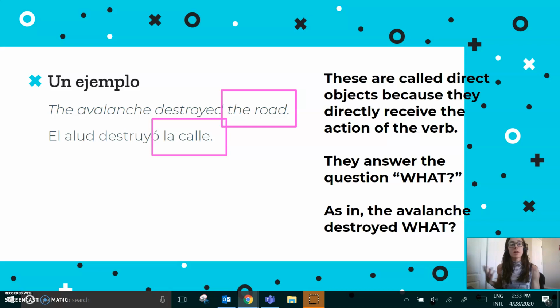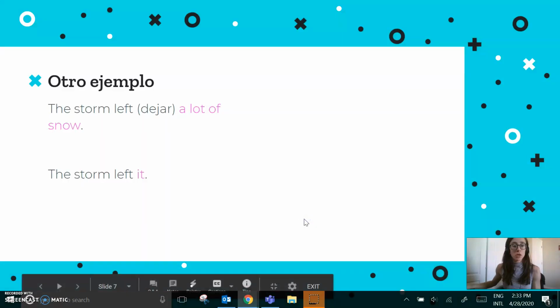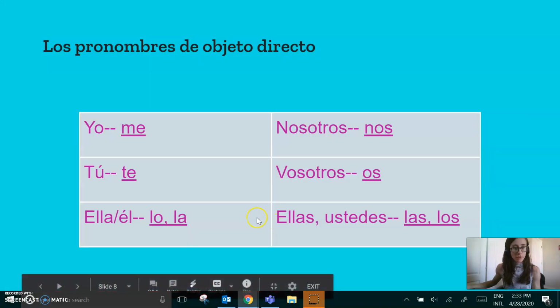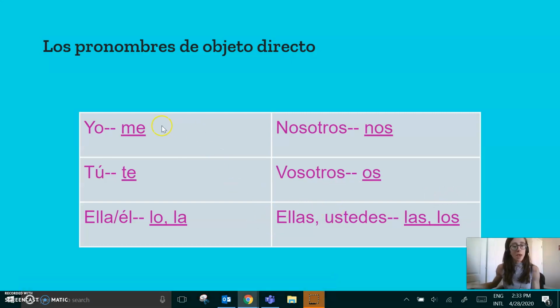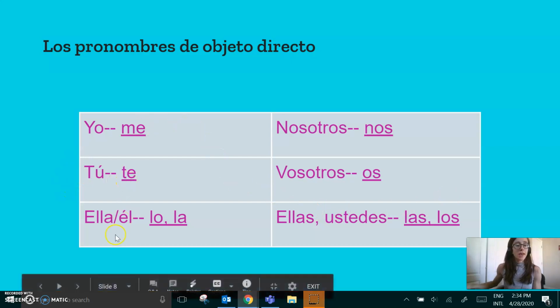Hopefully they are pretty natural, and if you were to challenge yourself to substitute something in a sentence with one of those words, it would be pretty clear. So we're going to move right along into the Spanish direct object pronouns, which are right here. There's a space in your class packet to copy these down. So yo goes to me, tú goes to te, ella or él goes to lo or la, nos, os, las,